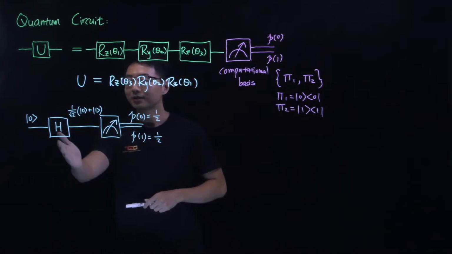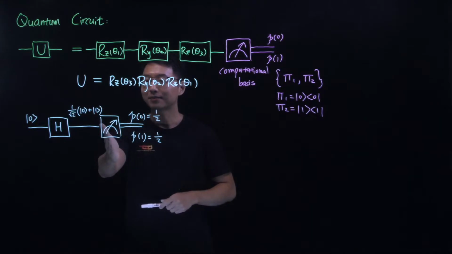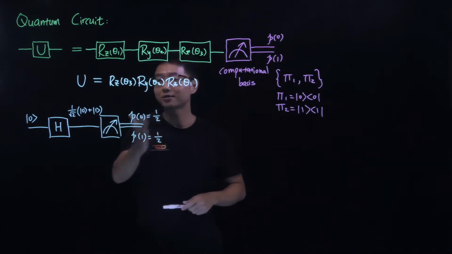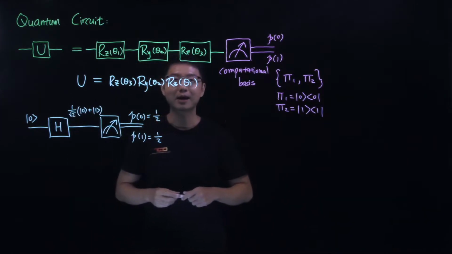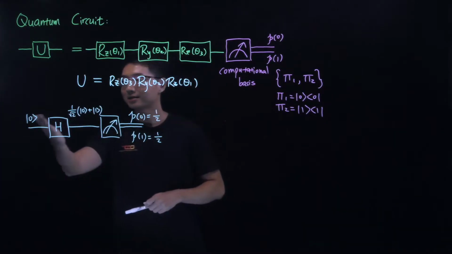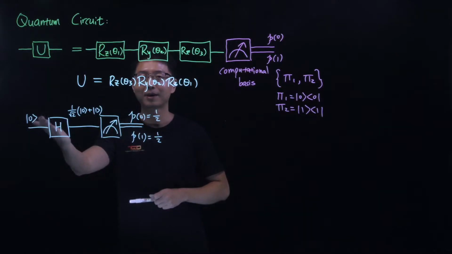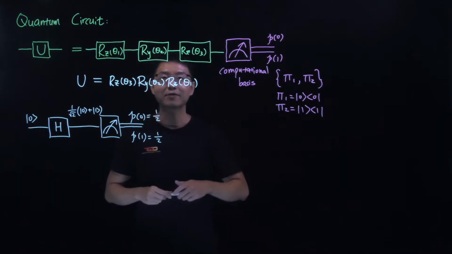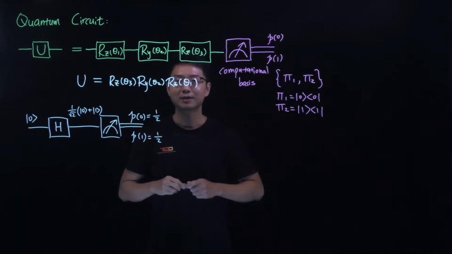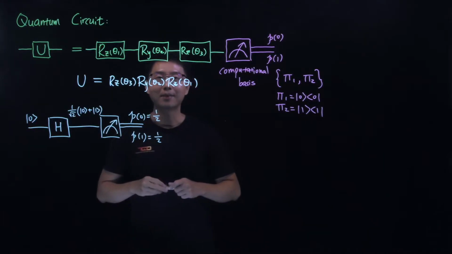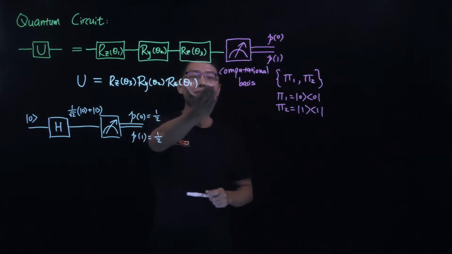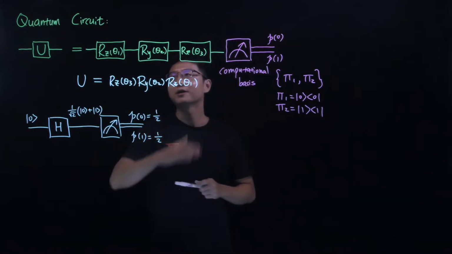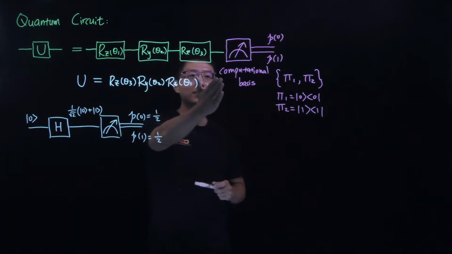This measurement Hadamard combined with the projective measurement in the computational basis can also be thought of as performing a measurement in the plus-minus basis. When the zero state is measured in the plus-minus basis, we know that half of the time the plus state detector will click and half of the time the minus state detector will click. Hence, it is sufficient to assume that at the end of a quantum circuit model, the measurement is always done